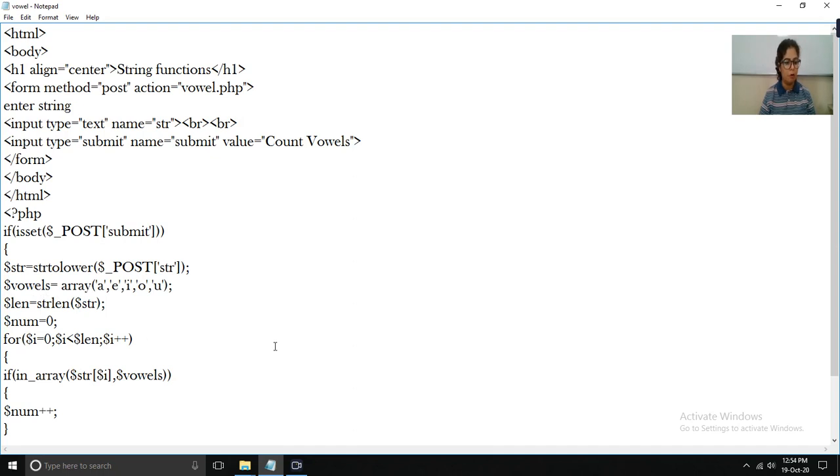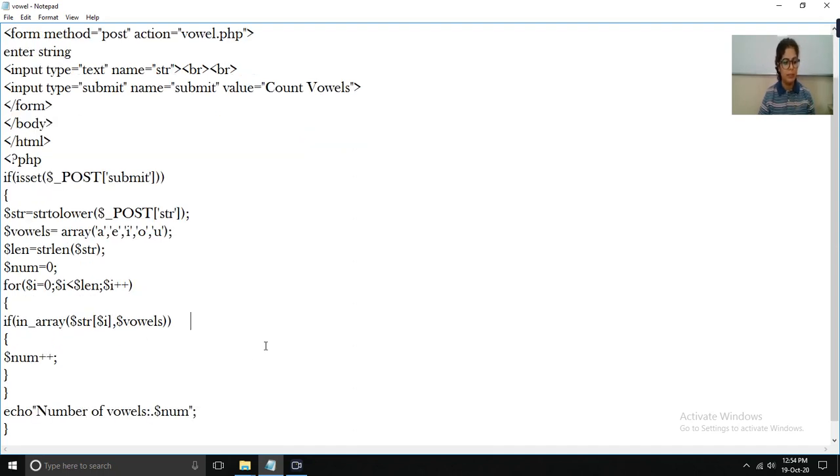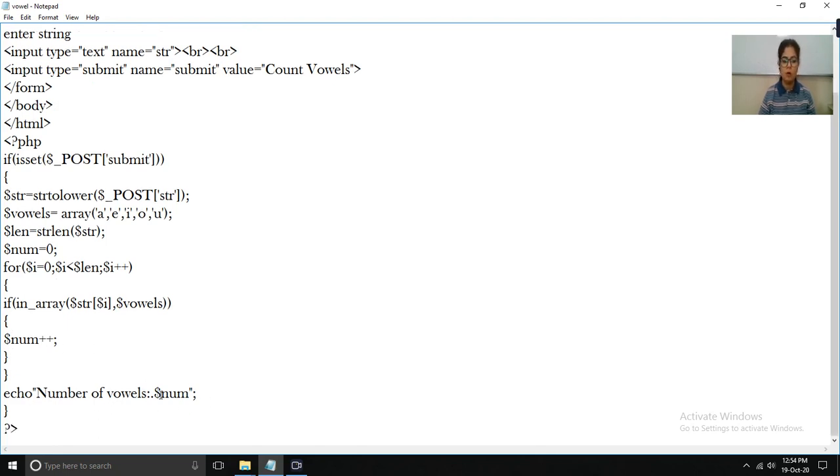Then you have to apply for loop to calculate or to repeat the steps. Now we have to apply condition to check whether there is vowel or not. So for this we have to write string and vowels. So see students, you have to write the same word here. If you make spelling mistake or if it will not match, then it will not calculate the desired output, because see here the word is VOWELS. So you have to write the same word here because it fetch the data from this variable. Okay, so if there is a vowel, you have to increment the value of the number and then you have to print the vowels.